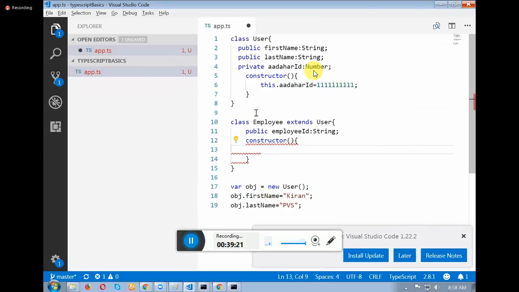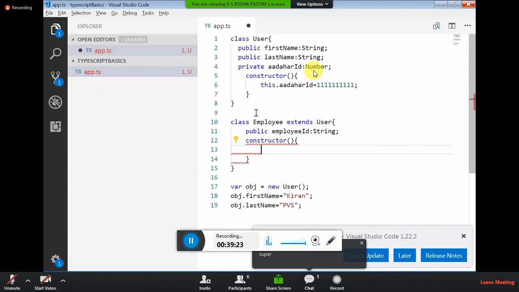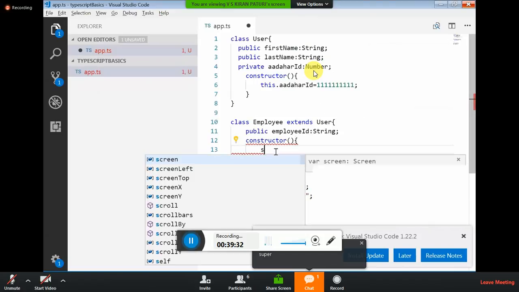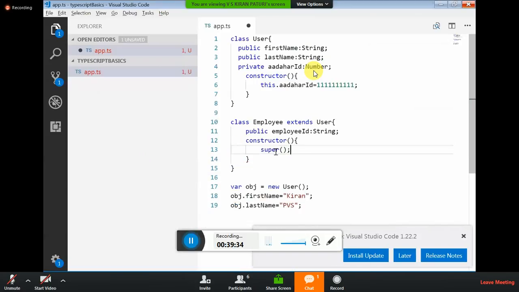What is the keyword? I think we discussed in ES6. Did we or didn't we? Super. Yes. Until and unless you write the super, everything is in red there, isn't it? If you don't write it, it will cry like anything.